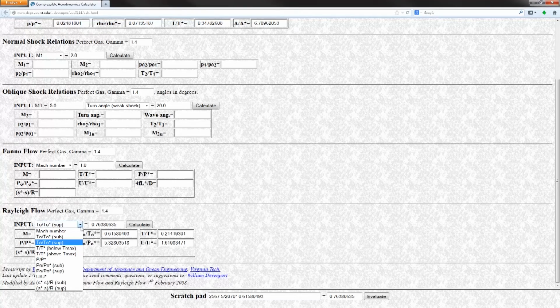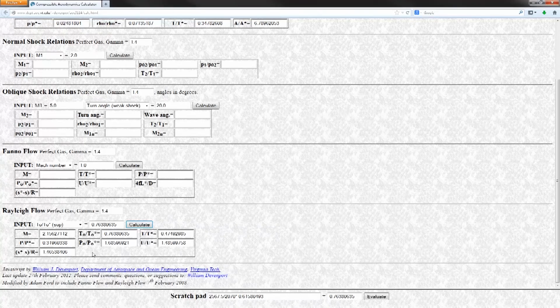Notice that, like with the Rayleigh flow case, there's always an option of subsonic and supersonic. Since we started with the supersonic Mach number at the inlet, we know that at the least we can reach Mach 1 and no Mach number less than that for the case of adding heat. Therefore, we have to choose supersonic as the option here. So when we do that and say calculate, again the calculator uses Rayleigh flow expressions and calculates all the possible